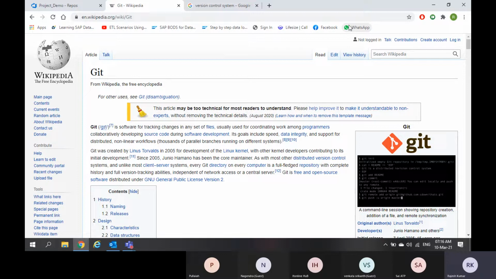If you want to see the Google Chrome source code, you can't. It's a proprietary tool of Google. Google will never share the source code of this Google Chrome browser.